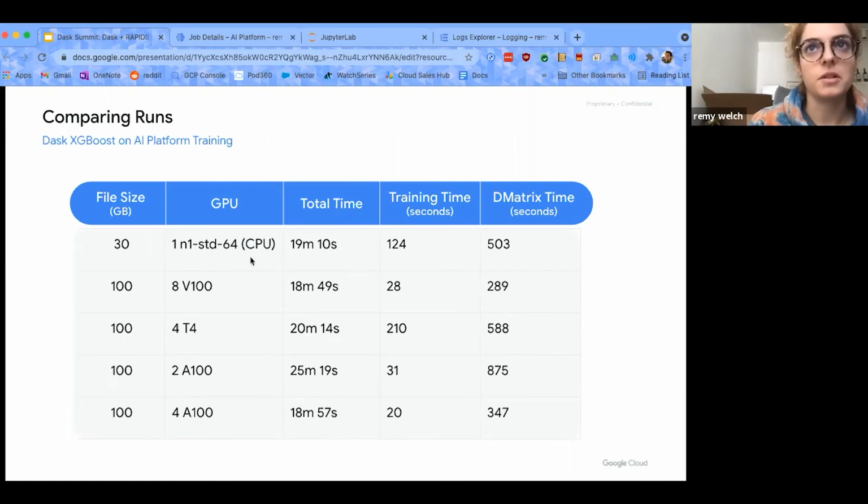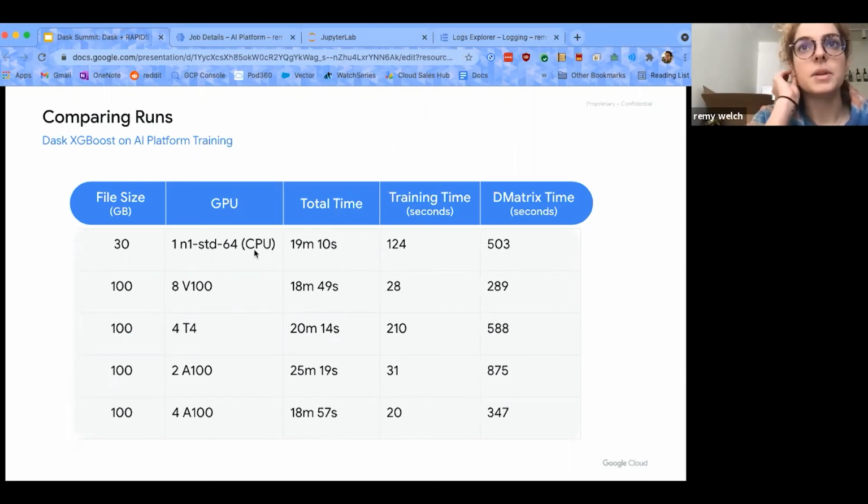Using normal XGBoost, NumPy, pandas, you really can't even do it with a 100 gigabyte data set. So on just 30 gigabytes, the total time was 19 minutes on that really souped up machine, which is not